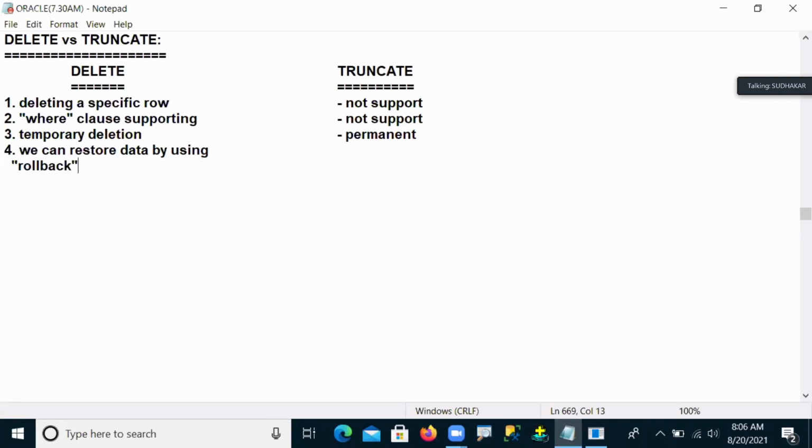But here, rollback is for restoring only data. Data restoring purpose is rollback; table restoring purpose is flashback. Observe the variation carefully. My table is already there in the database, but I want to restore the data.